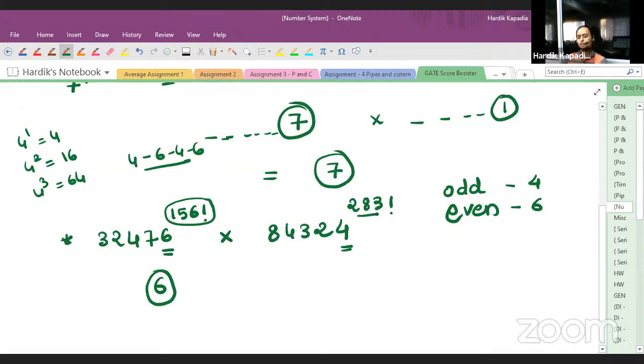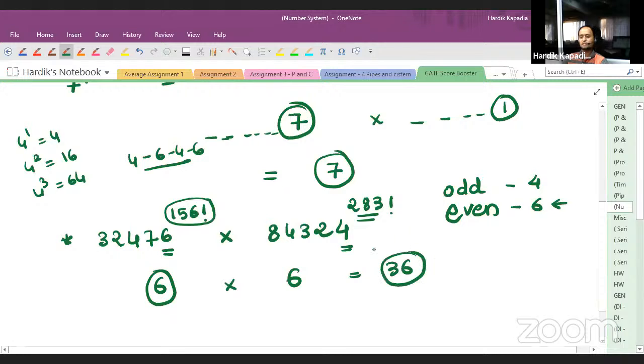So here, every time you'll get the exponent even only. So you will get 6 over here as well. So 6 into 6, your answer will be 36. Okay. So now the next question